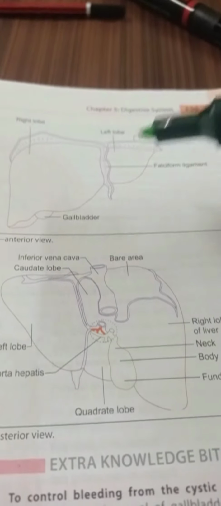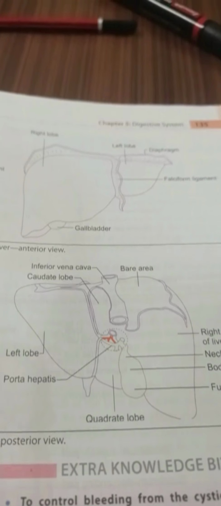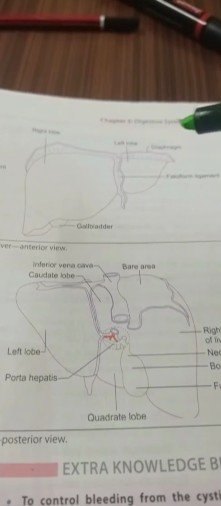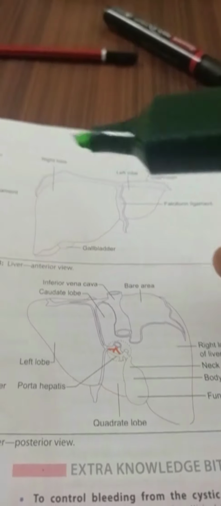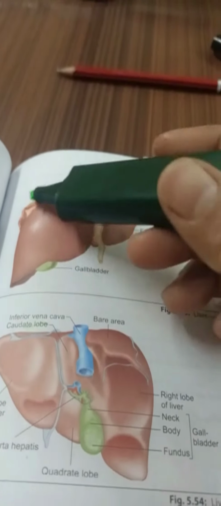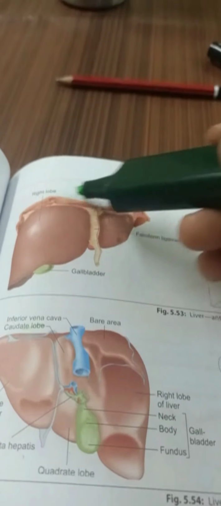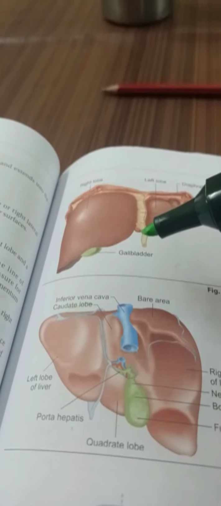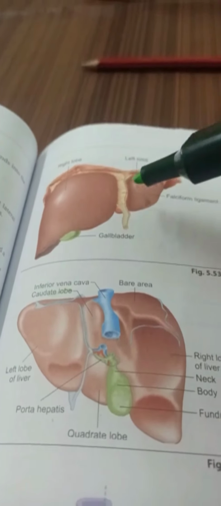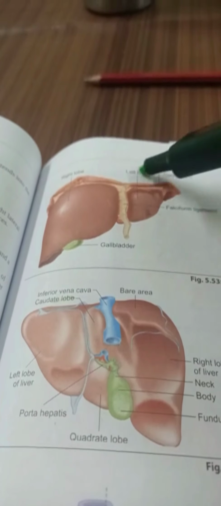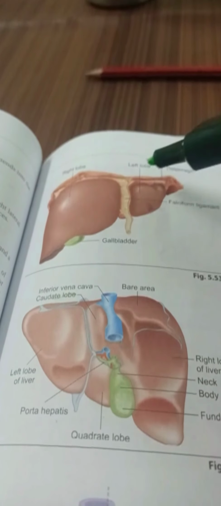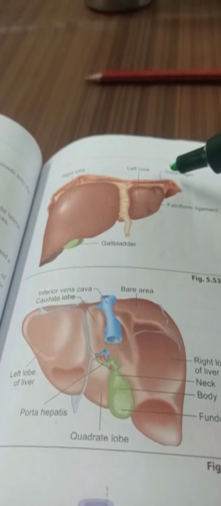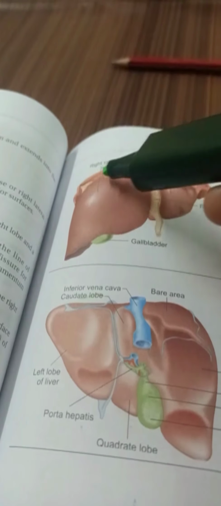So this is the falciform ligament and it has the ligamentum teres, that is the round ligament, present in the liver. Now we have the coronary ligament, the ligament that stretches between the right lobe of the liver and the diaphragm. जो हमारा right lobe of the liver है और जो diaphragm है उसके पास stretch होता है, that is the coronary ligament. एक होता है left triangular ligament. जो हमारा triangular ligament है वो it is between the left lobe of the liver and the diaphragm, ठीक है. So ये यहाँ पे हमारा left triangular ligament है and here it is the coronary ligament.